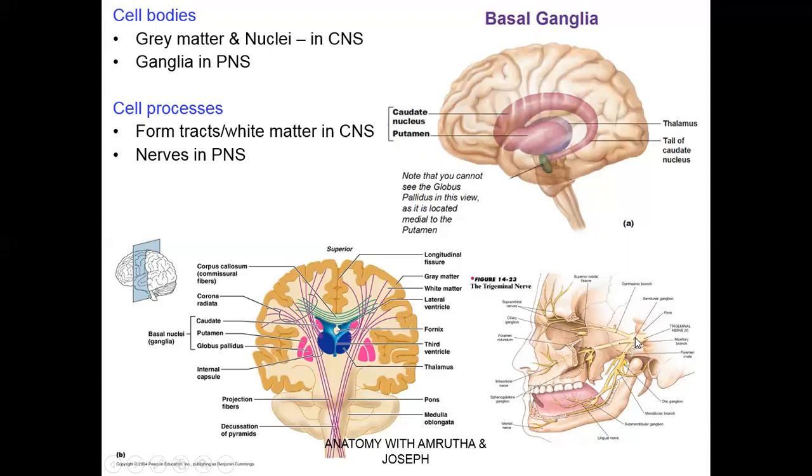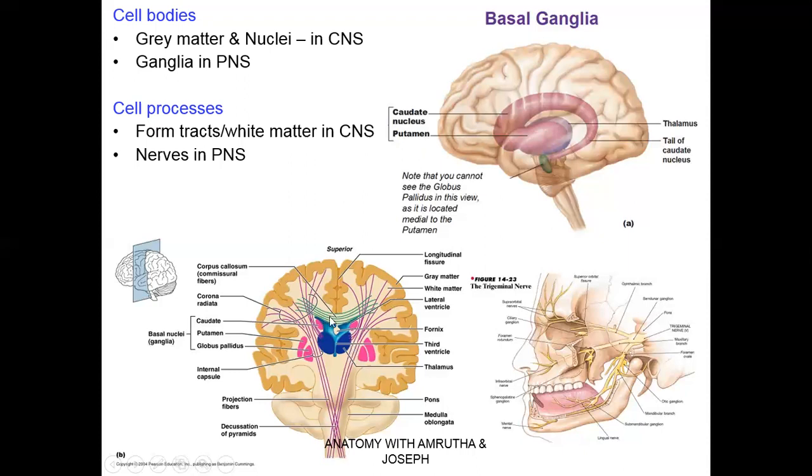Whereas the nerve cell bodies are located in the ganglia, and cell processes come out from the cell body. These processes are called as nerve. So this is collection of nerve cell processes outside central nervous system or in the peripheral nervous system. Then this is called as nerve. Now there is a slight difference between gray matter and the nuclei. So as I said before, this is the area where the nerve cell bodies are located, and the fibers come out. So this is called as gray matter.